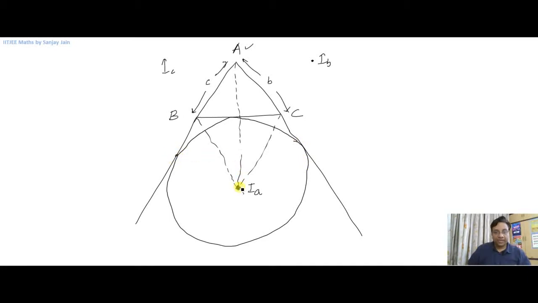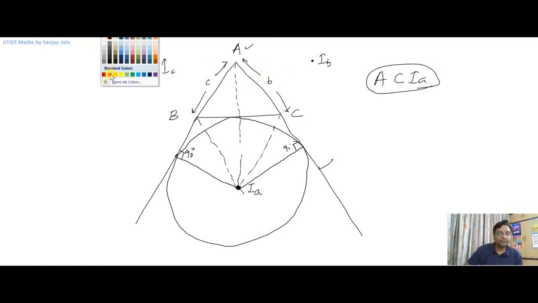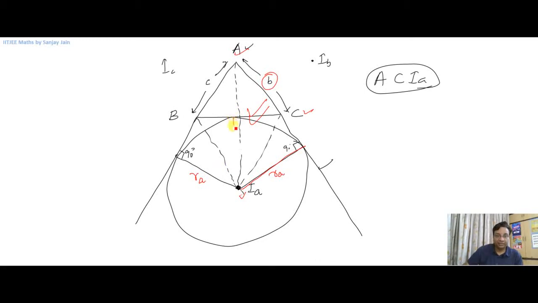Okay, so if I join this point IA here to the tangent to this side, so this angle will be 90 degrees. This angle here is also 90 degrees. Okay, now I want you to look at these two triangles for a moment. One ACIA. I want you to look at this triangle, this one, ACIA. Okay, if you look at this triangle, and if I consider this b as my base, then if I ask you what will be the height of this triangle, height of this triangle will be this segment here, right? If I denote it by RA, which is nothing but the X radius,